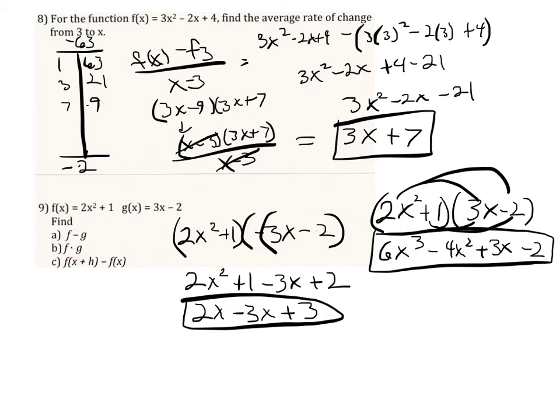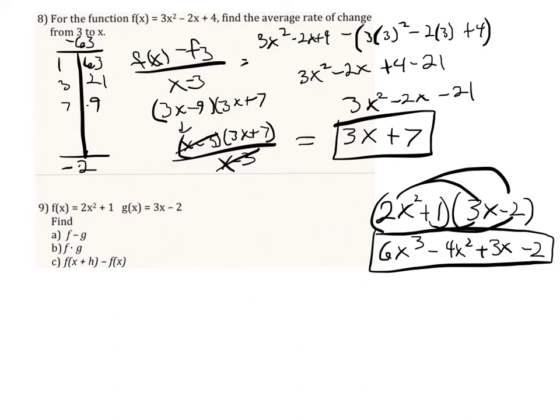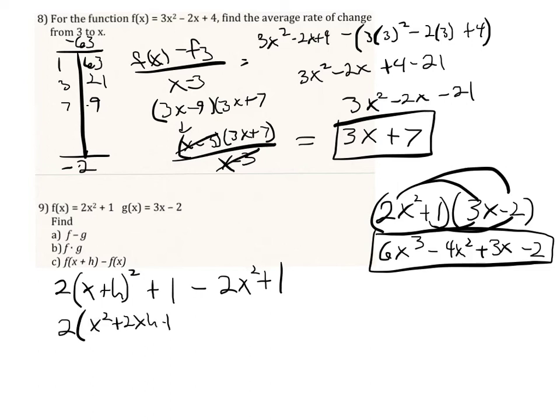Then we have f of x plus h minus f of x. I'm going to erase our first problem here so I have some room to work. So f of x plus h minus f of x is going to be 2 times x plus h squared plus 1 minus 2x squared plus 1. So I get 2 times x squared plus 2xh plus h squared plus 1